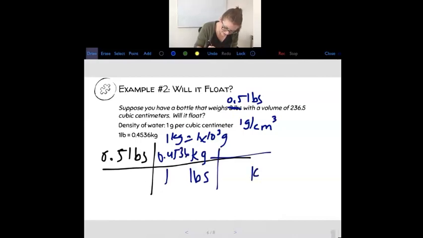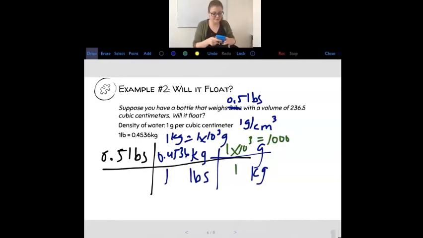And then kilograms to grams. This is 1 times 10 to the third, or 1,000. Okay, and this is 1 kilogram. So what we would do is we would take 0.5 times 0.4536 times 1,000, which would give us